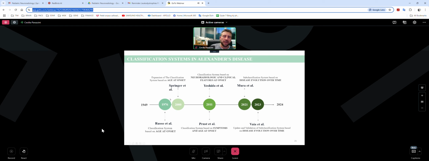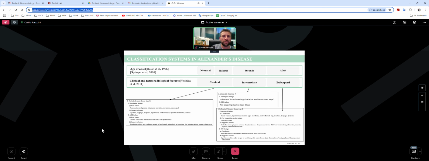But the classification story is much longer. In 2011, two groups, the group of Yoshida and the group of Adeline van der Knaap, proposed two different types of classification. The first one, from the Yoshida group, was this one. He distinguished three main forms. So a cerebral form